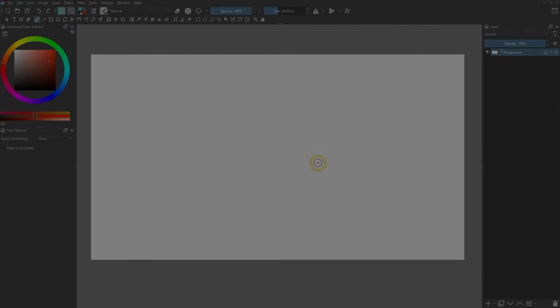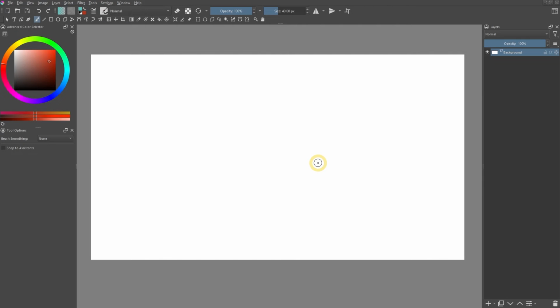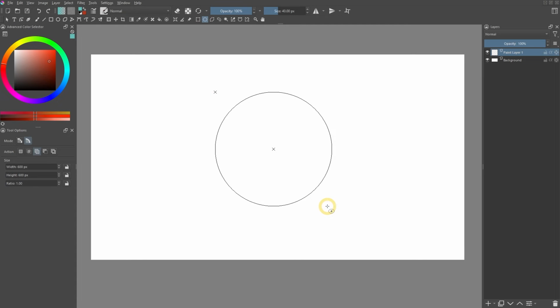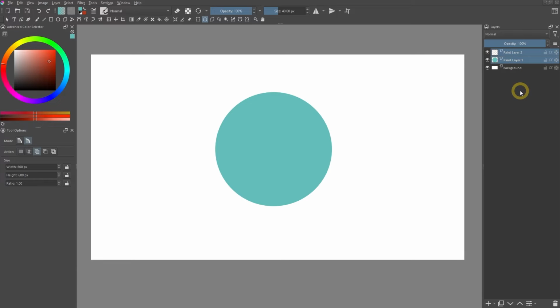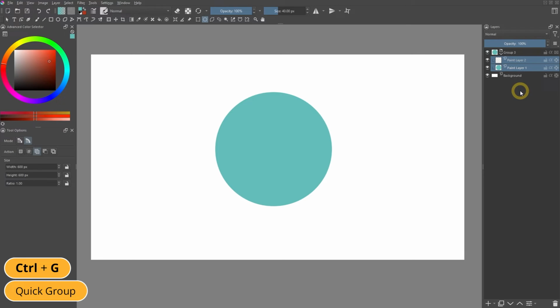Now let's focus on Krita. So can we create a clipping mask in Krita? Indeed, there is no feature called clipping mask in Krita. But we can create the effect using a feature called inherit alpha. For example, we have a layer with a circle similar to the one we had in Photoshop. We can create a new layer above this layer, then select both of these layers, then press Ctrl G to create a group layer. Activate the inherit alpha feature on the layer above.